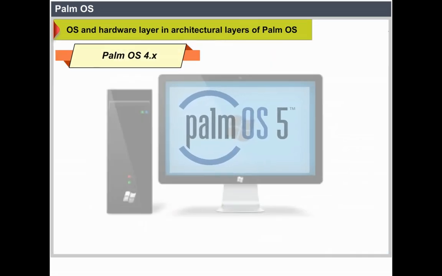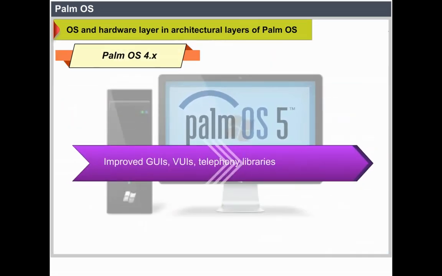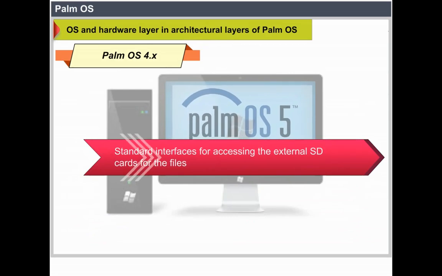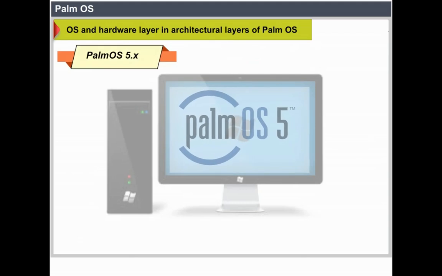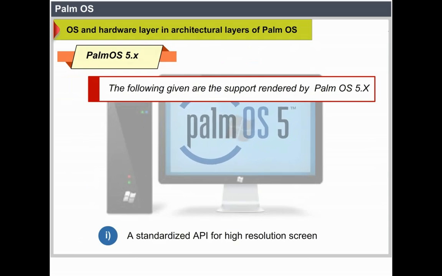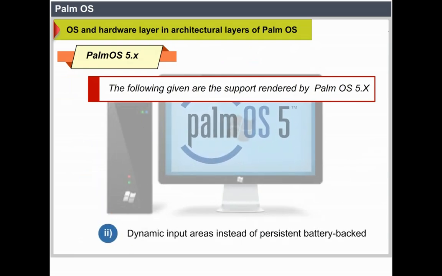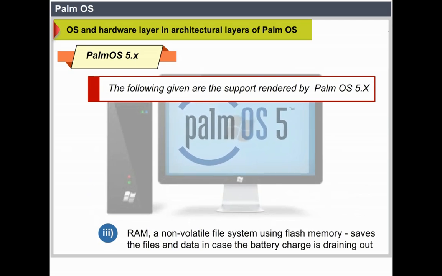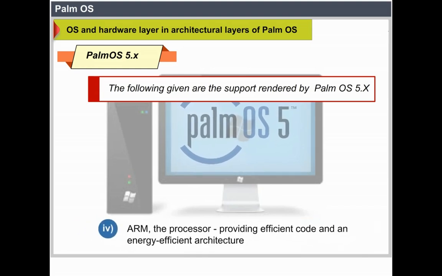Palm OS 4.x adds improved security, improved GUIs, VUIs, telephony libraries, and standard interfaces for access to the external SD card for the files. Palm OS 5.x supports a standardized API for high-resolution screen, dynamic input areas instead of persistent battery-backed RAM, a non-volatile file system using flash memory that saves the files and data in case the battery charge is draining out, and ARM, the processor, providing efficient code and an